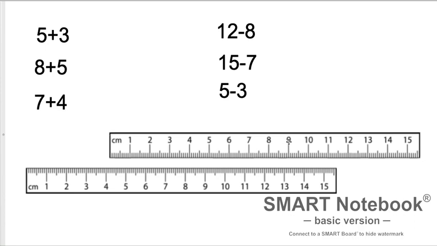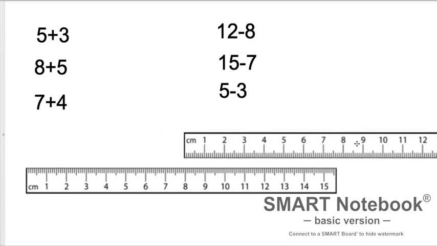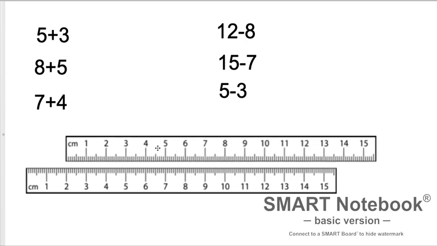So if we do 15 and 7, then I line up the 15 and 7, and I'm going to do 15, take away this 7, leaves us with 8. If we do 5 minus 3, we're going to line up the 5s and the 3s, so we're going to do 5 minus 3, leaves us with a 2. So this is how you use a slide ruler for our normal numbers and not for logarithmic